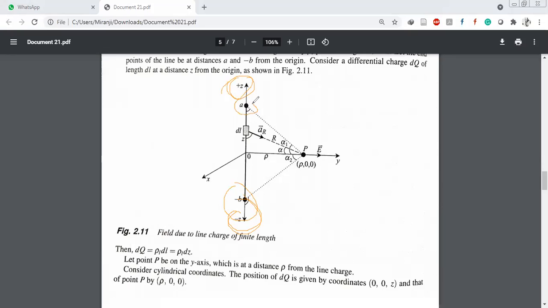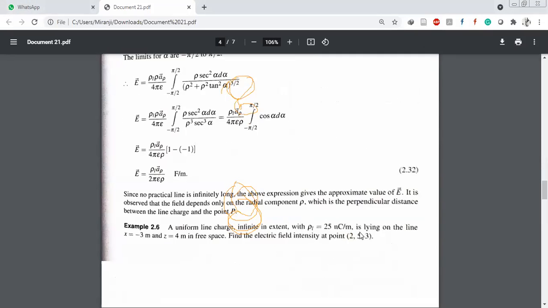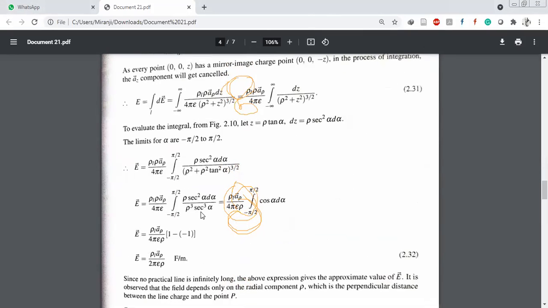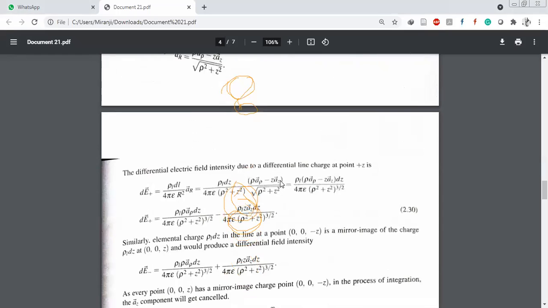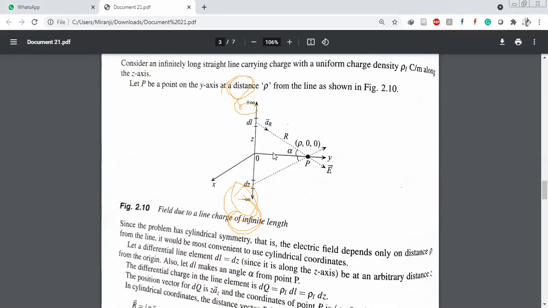Okay, this is the point B, this is the minus point B. Again the remaining concept is the same. Simply see here, the expression is minus infinity to infinity. When we consider a finite length, we must impose a finite line here, or simply convert that infinite to a finite line, converting the same expression to a finite line.